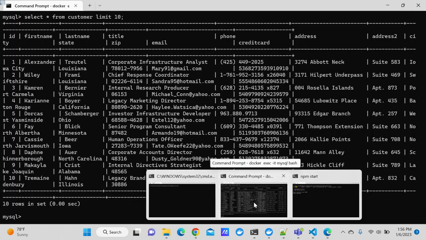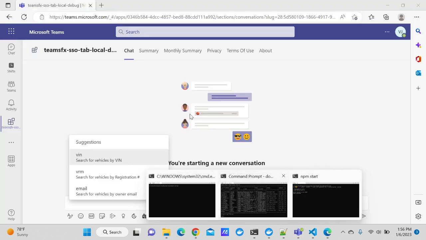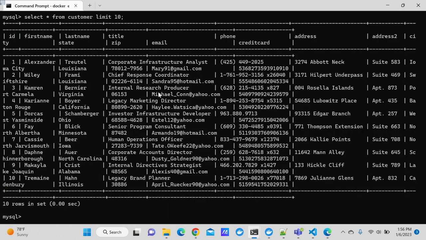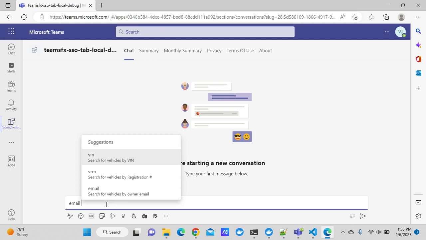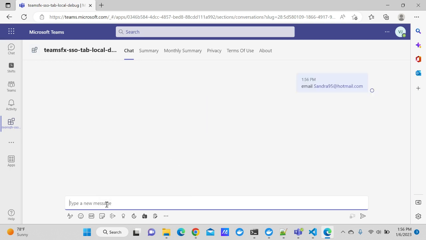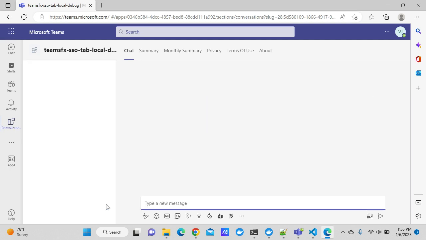Let's check the email first, so that I have it already up here. So if you go look at the emails, let's take this lady, santa95 at hotmail.com. So let me copy that. All you have to do is click on the email command, and then just paste what you're looking for and hit enter. So what is happening behind the scenes is it's actually